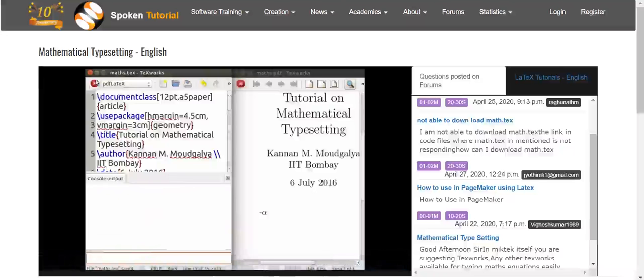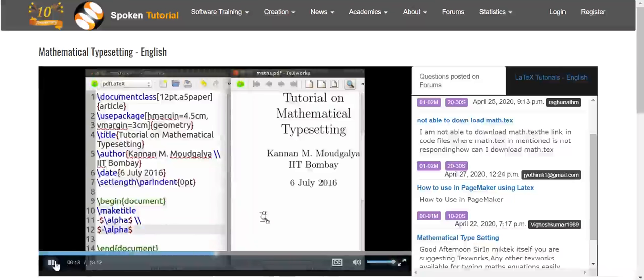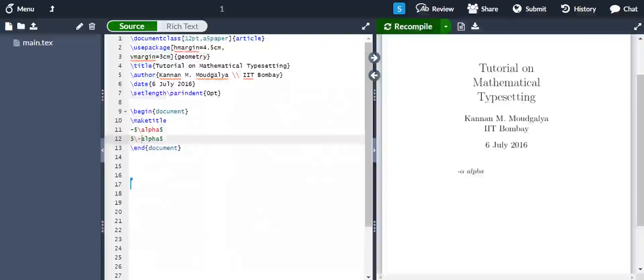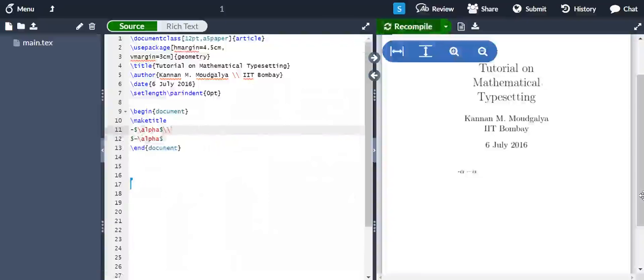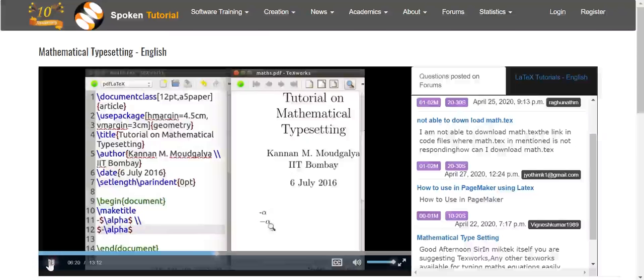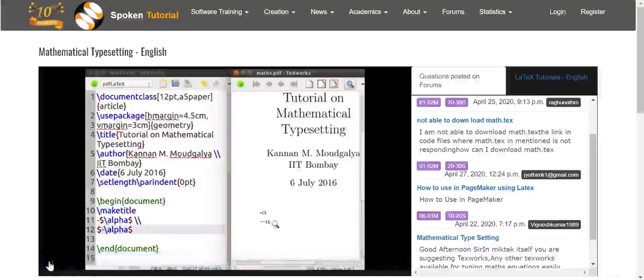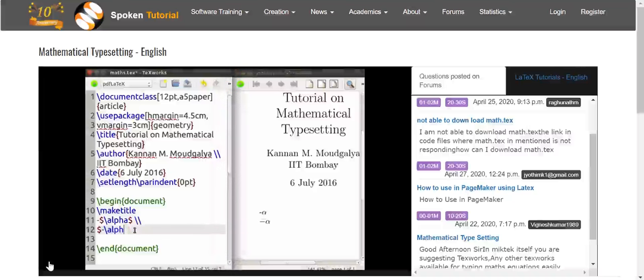Let us compile again. See the difference in the minus sign now. The second one is what we need. The dash is not to be used. Not putting the minus sign within dollars is a common mistake made by beginners. Let us delete all of these.